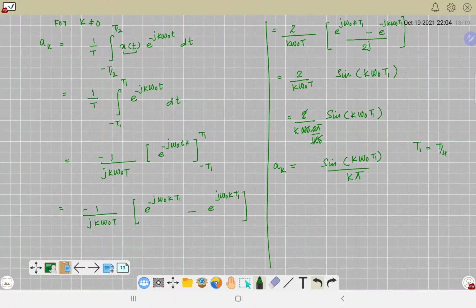तो now we have T is equal to 2π/ω0. अब T की जगह I will put 4t1, which is equivalent to 2π/ω0, which will further imply that ω0 t1 is equivalent to π/2। ये जब नीचे लेंगे तो, अब मैं यहाँ पे सब्स्टिट्यूट करूँगा, ठीक है, that a_k will be sin(k ω0 t1), ω0 t1 की जगह π/2, then I will have kπ here. ठीक है,